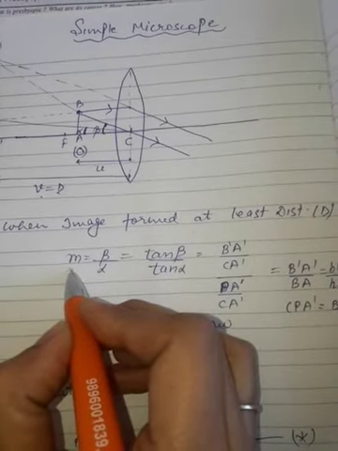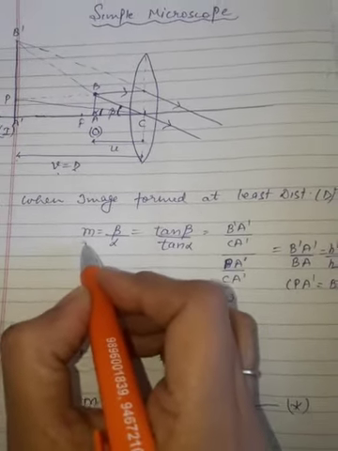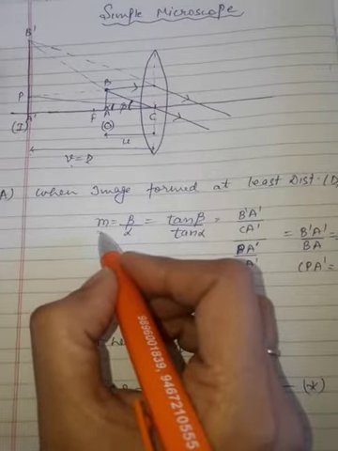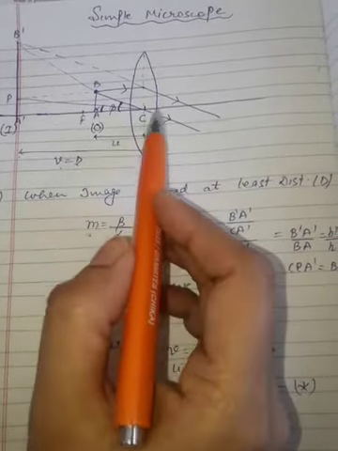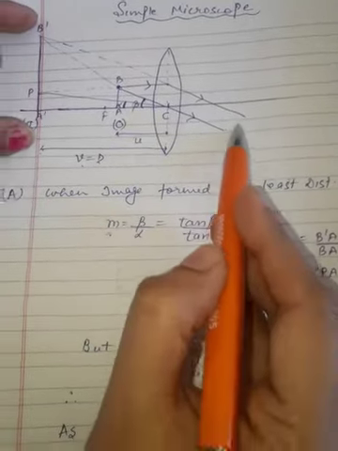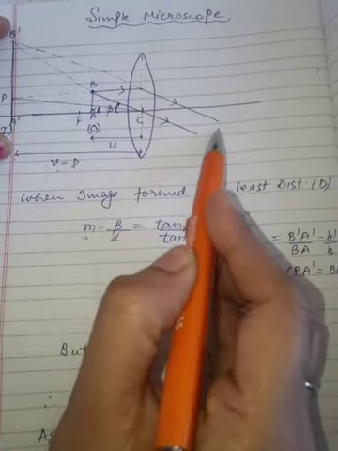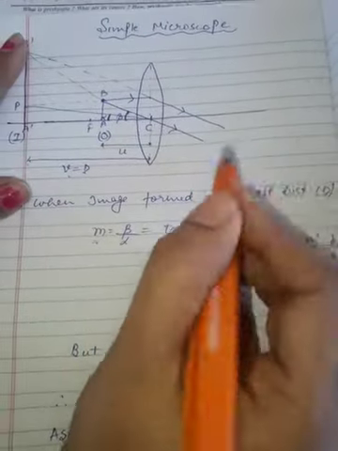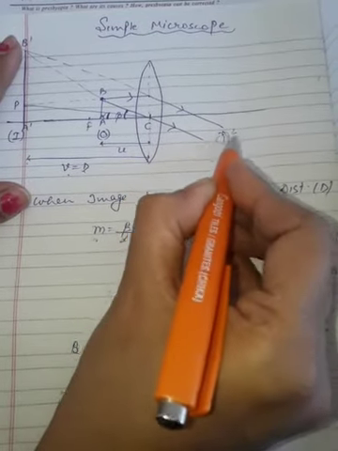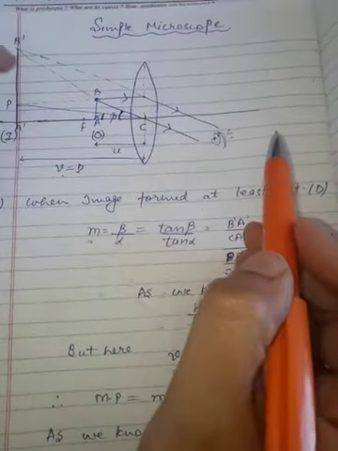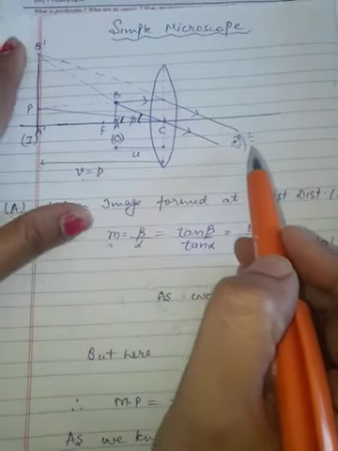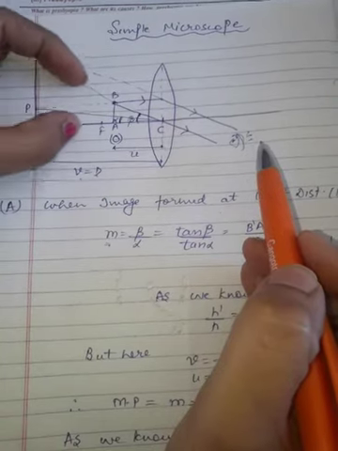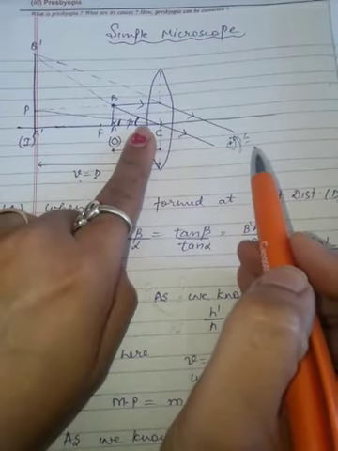Now you are supposed to find out the magnifying power. Before doing this, we should know what is the magnifying power. Magnifying power is defined as the ratio of angle subtended at eye by the image. Now see, you have placed your eye here. Okay, you are looking the image from this way. Now see, what is the angle being subtended at your eye by an image. This is an image making an angle of this. This I have marked beta.